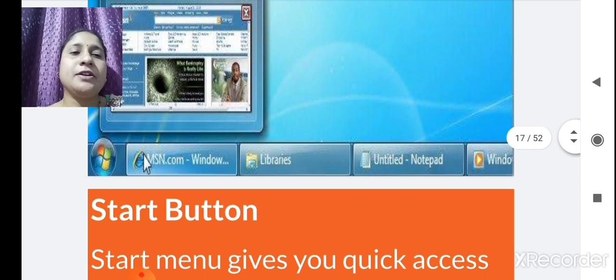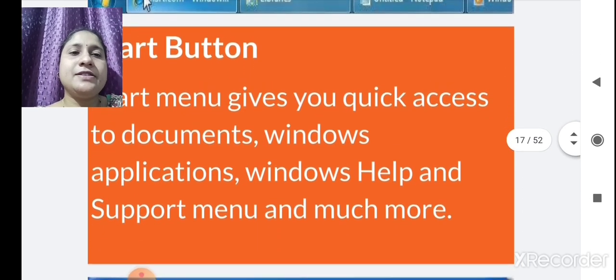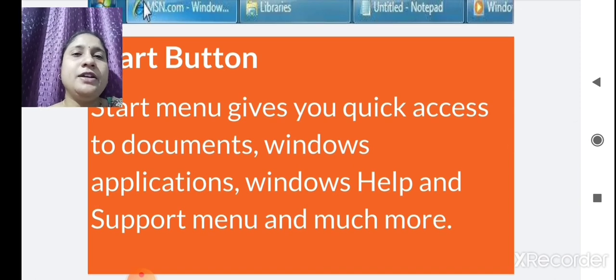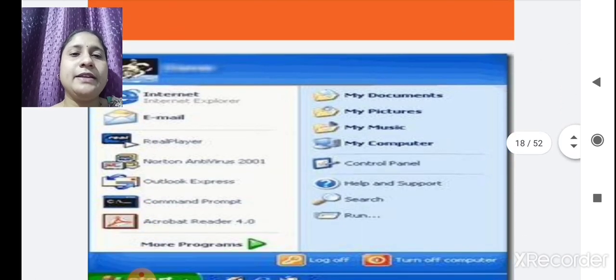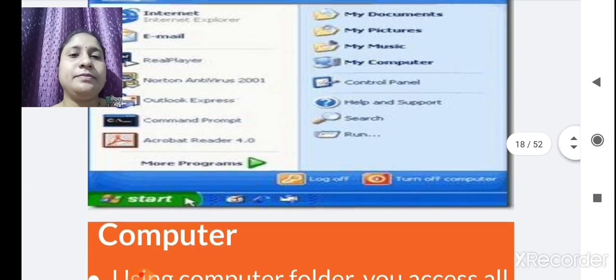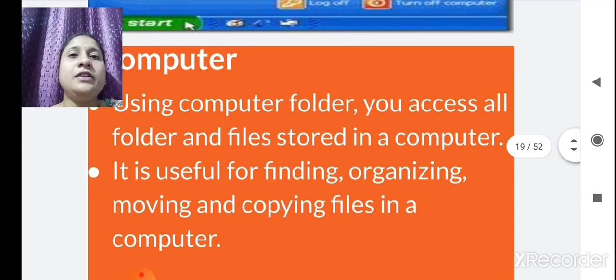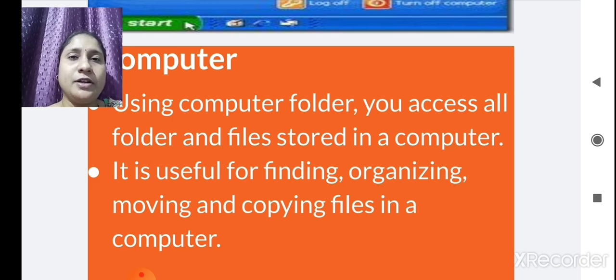Now we will see the start button. All of you know the start button, that is small on the left hand side. When you click on it, a menu will pop up like this. Then computer. What is a computer? Computer is a folder. Whatever files and folders you have saved in a computer, that is stored in the computer folder, whether files, folders, videos or music.